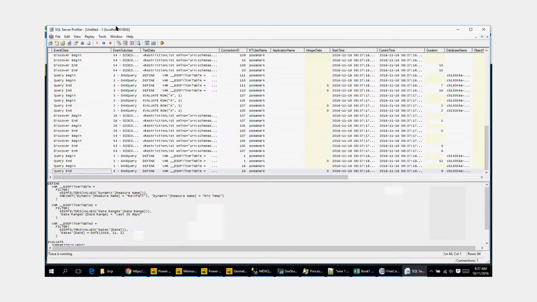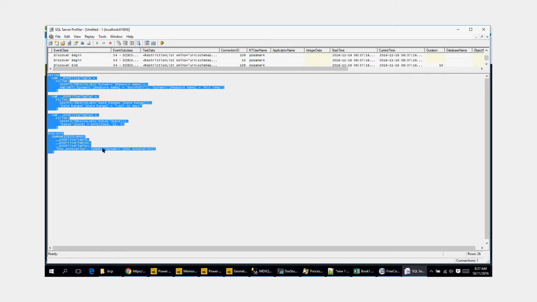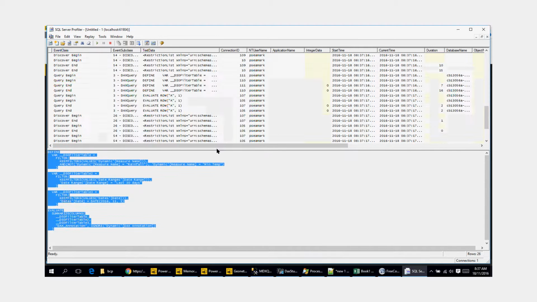When I look back now in my Profiler window, I can actually go and see the DAX that has been executed. Now, I can't change this. This is not the tool that allows you to say, okay, this DAX seems really inefficient, I could now go and rewrite my DAX. But it does at least give you the opportunity to understand how Power BI Desktop is going about its DAX